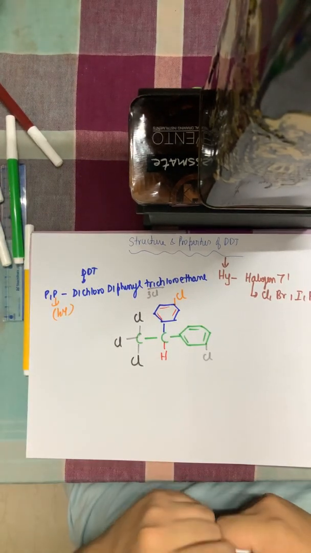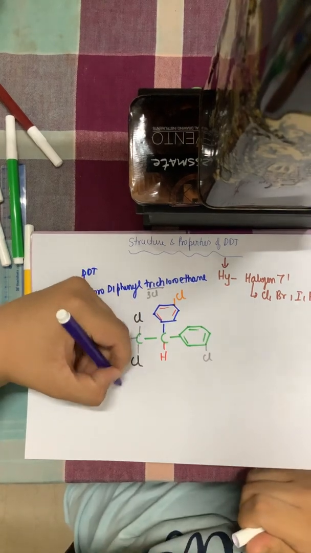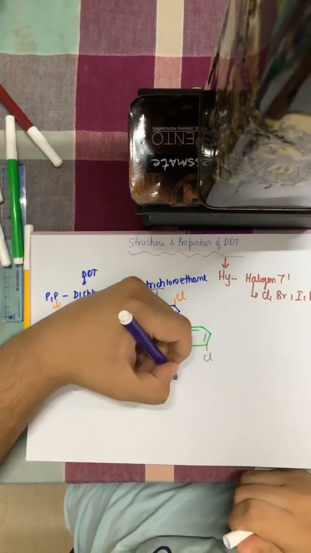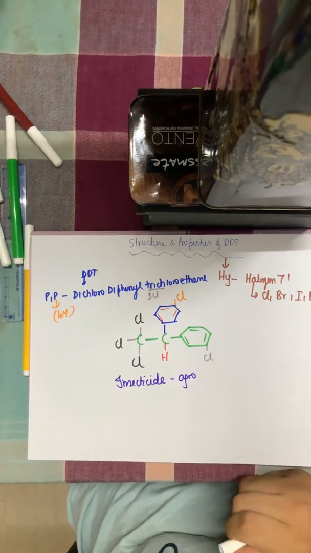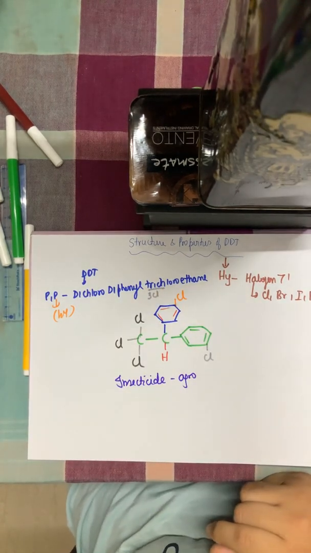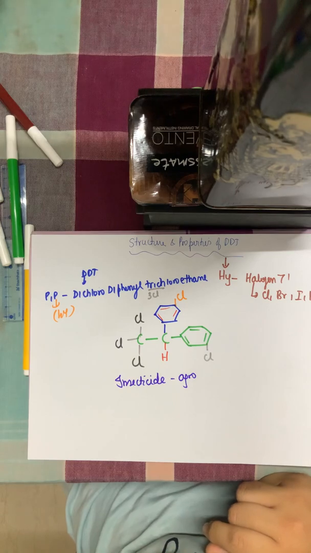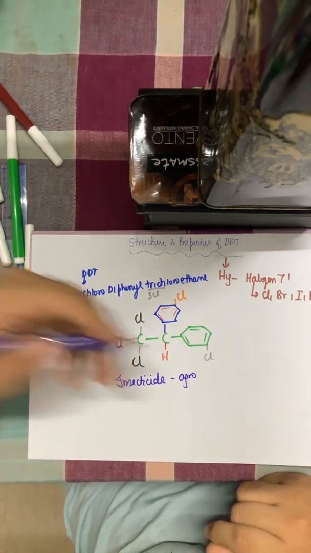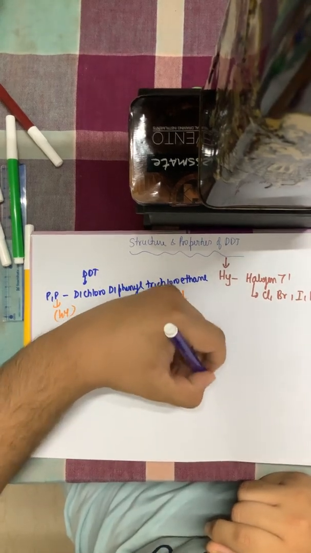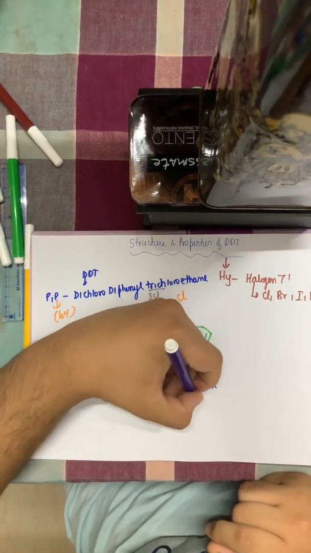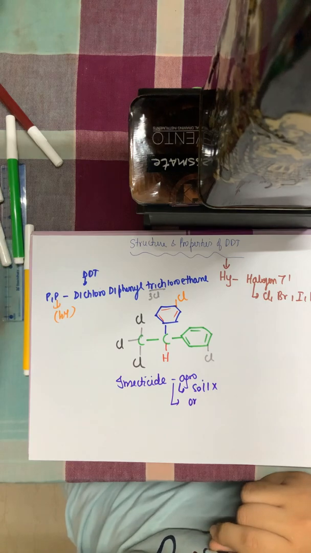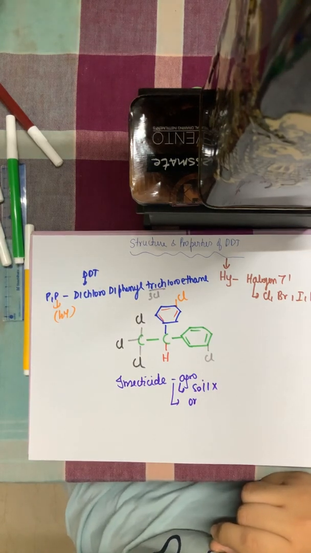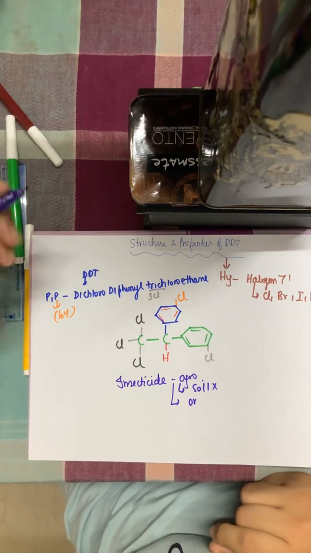Now the properties. This DDT was actually used as an insecticide to protect the crops and agriculture, so for agro purposes. It was used in many countries, but now it has been banned because it has many side effects. It harms the soil also. It can cause many harmful responses in organisms also. It is harmful for organisms as their immune systems and other systems respond negatively to it, because it activates certain pathogenic responses in the body.